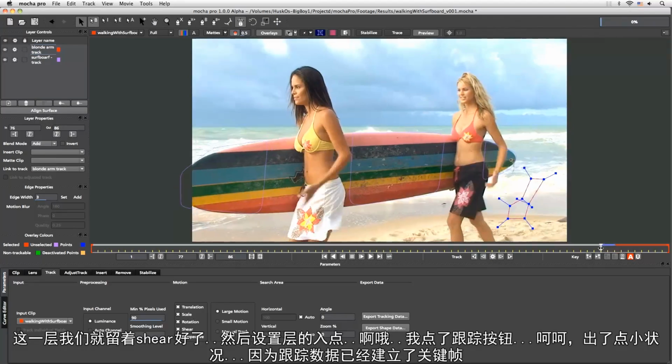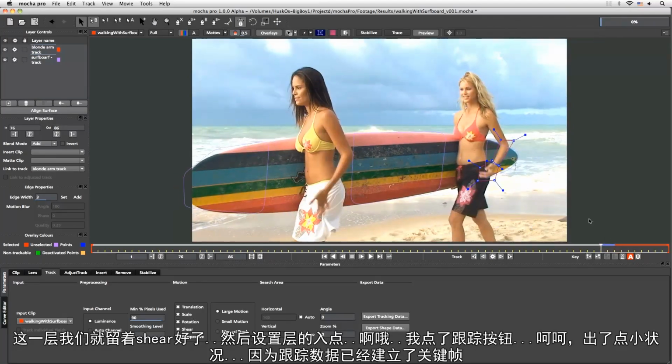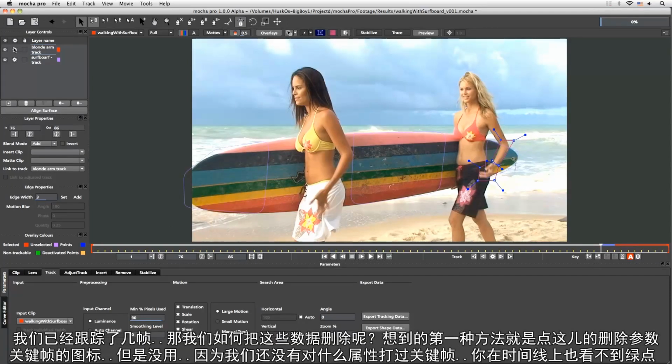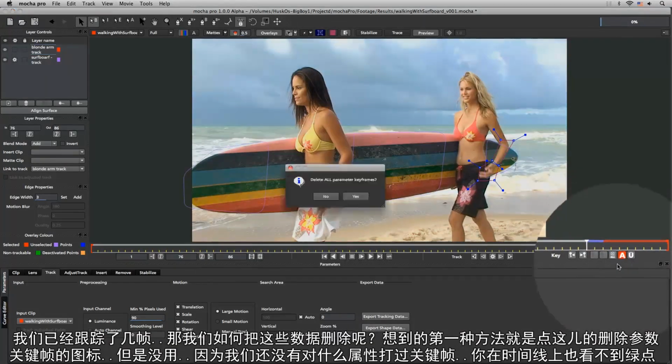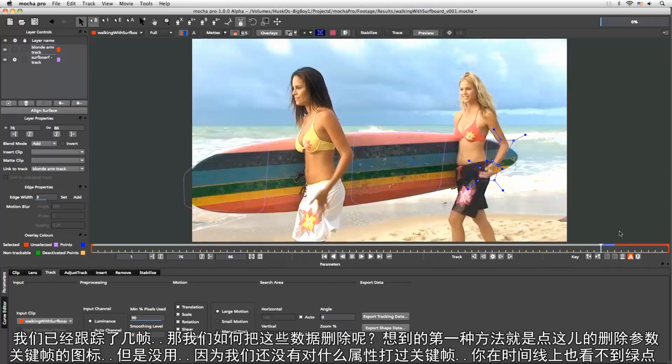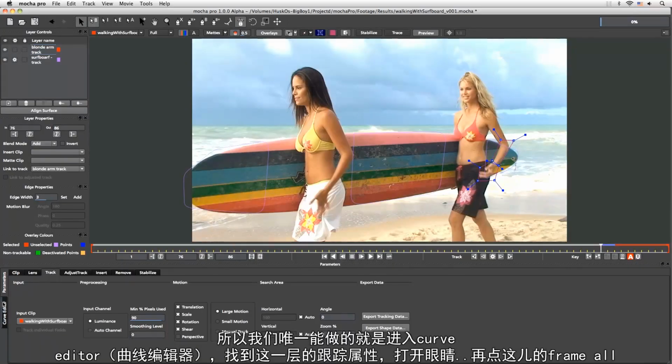Whoops. It's going to be a tricky one, so what I'm going to do is actually set a few keyframes to sort of help the tracker along. Or even, actually, I might not even track it. But we've already tracked a few frames here. So how do we get rid of those? Well, one way to do it, we can try to delete all the parameter keyframes. That's not going to do it because we don't have any keyframes set on any particular parameter. So there's no green buttons up here or green keyframes along the timeline for us to get rid of. So the only real way to do it